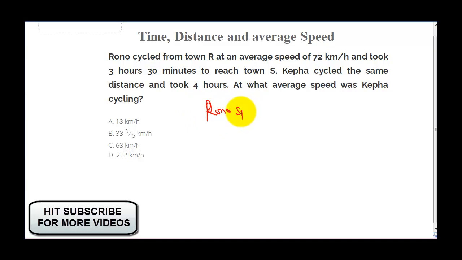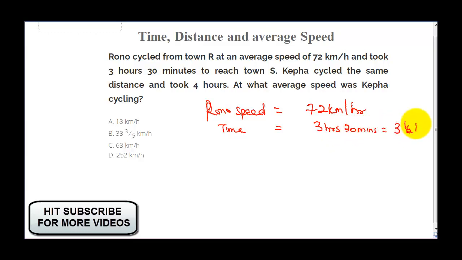So, knowing that, Ronald's speed will be 72 km per hour. Okay, then his time will be 3 hours 30 minutes, and that's the same thing as 3.5 hours. Okay, so this is 3.5 hours. Now we've established this fact,